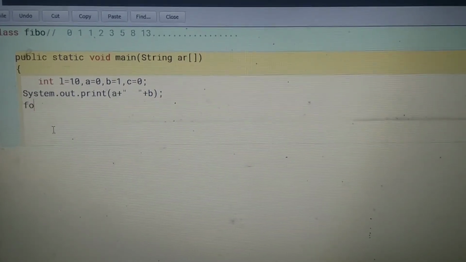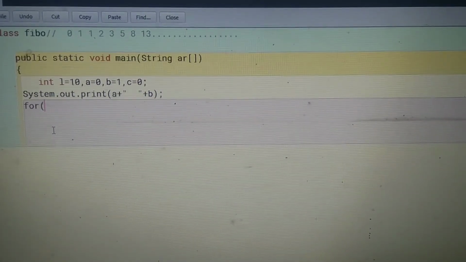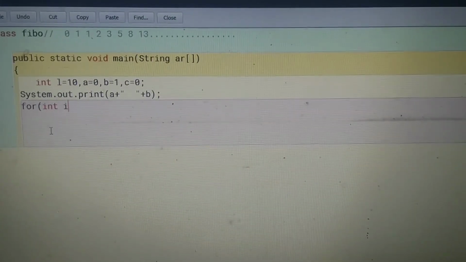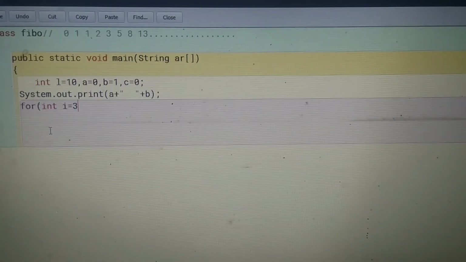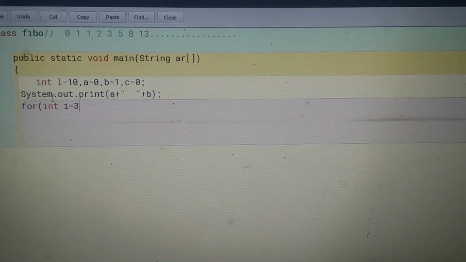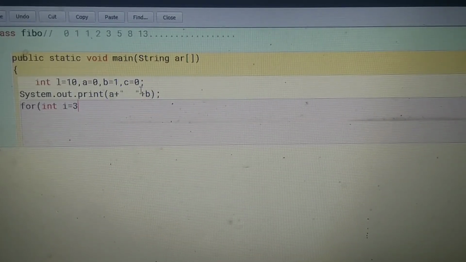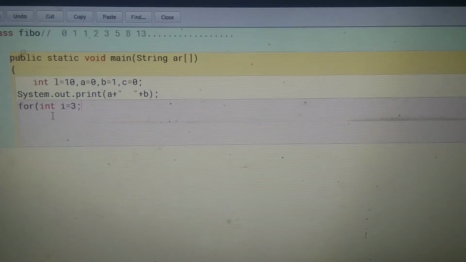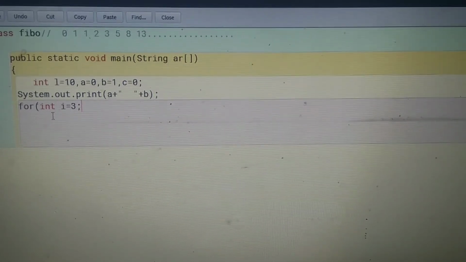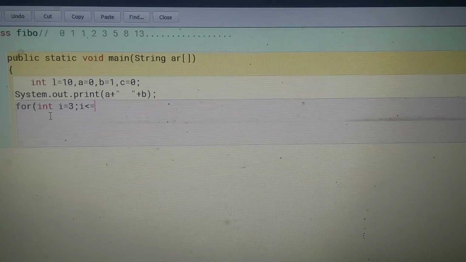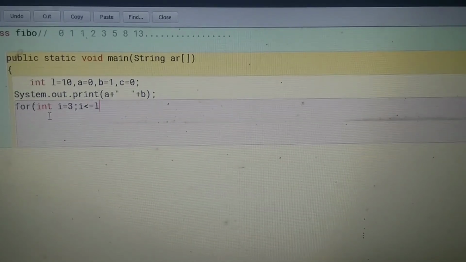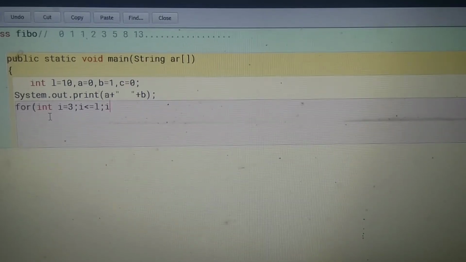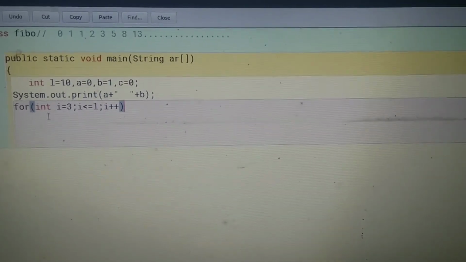Third position we want to print, we start our loop. So here I am starting for loop, int I is equals to 3. I value started with 3 because 1 and 2 value already printed here. If you started with 1, and you want to print 10 terms, it will show 12 terms. Clear? So I am starting loop here. Third started with 3. Then I less than equals to L. Then I plus plus. Okay, it's a for loop.